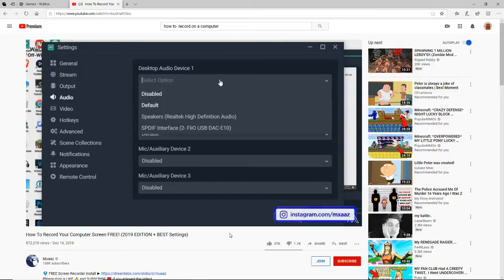Go ahead and select it from this drop down menu right here. I have a pretty weird name for my headset, but that's mainly just because the sound goes to my mix amp before it actually goes to my headset. So that's what I'm going to be picking, but in case you have like Turtle Beaches or